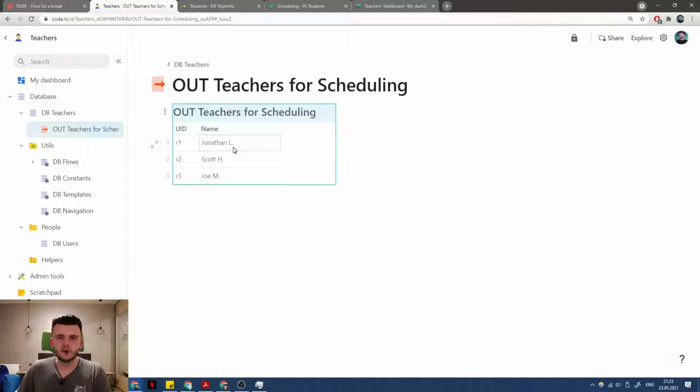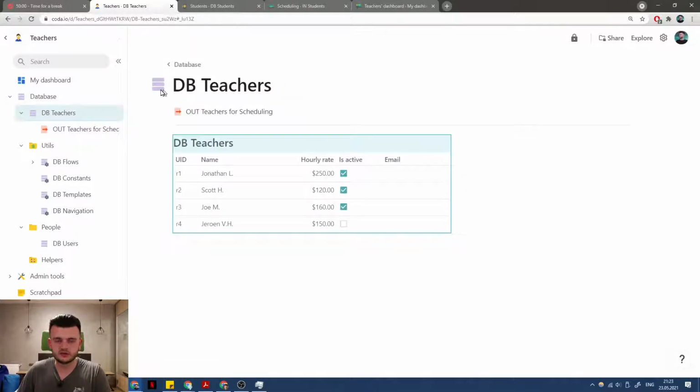There may come a moment in a year or a year and a half, like it did with me, when you realize that you actually want to have a different view. Like for one backend doc, you want to link all the students with these columns, but for another backend doc, you now only want to link the most recently active students only, because it has grown so big that you cannot afford to load the whole data set. So another very good practice is, again, to not be lazy, and if you want to load the teachers table or the